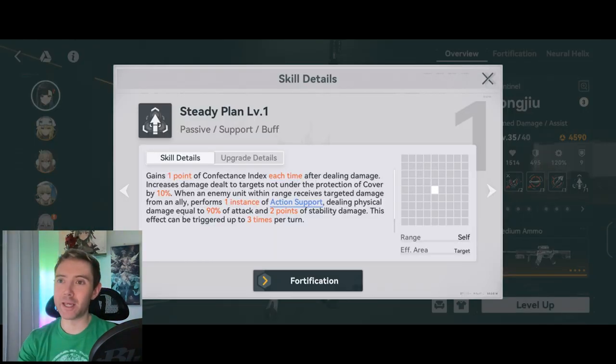It's called Steady Plan, and this is the core of what makes her so good. She gains 1 CI point each time she does damage. That's already fantastic. But she also does additional damage to enemies without cover, and anytime, this is a really important thing, anytime an enemy takes damage within her range, she uses action support, which is a follow-up attack after your